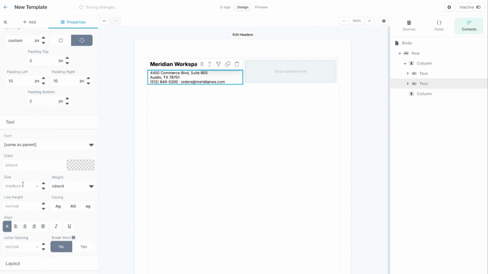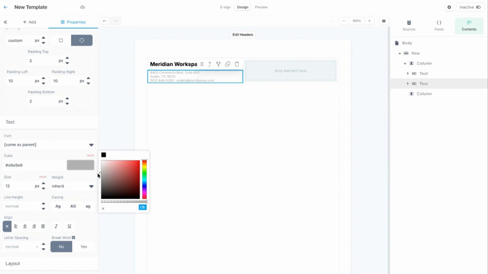Just adjust the size a bit. Maybe make it smaller. Have another color for the text. Lighter gray. Okay. And here we can have the purchase number. Let me just duplicate this to maintain the formatting. Align it right. Here I'll just have